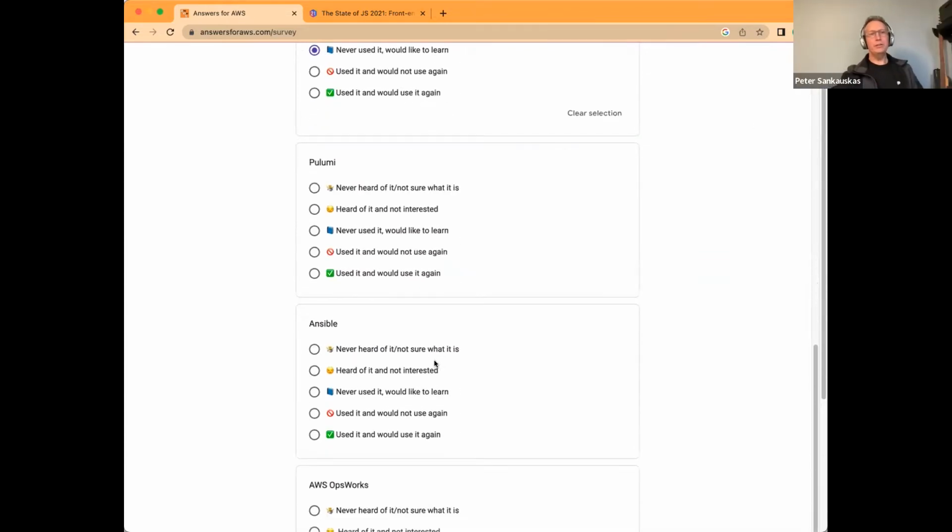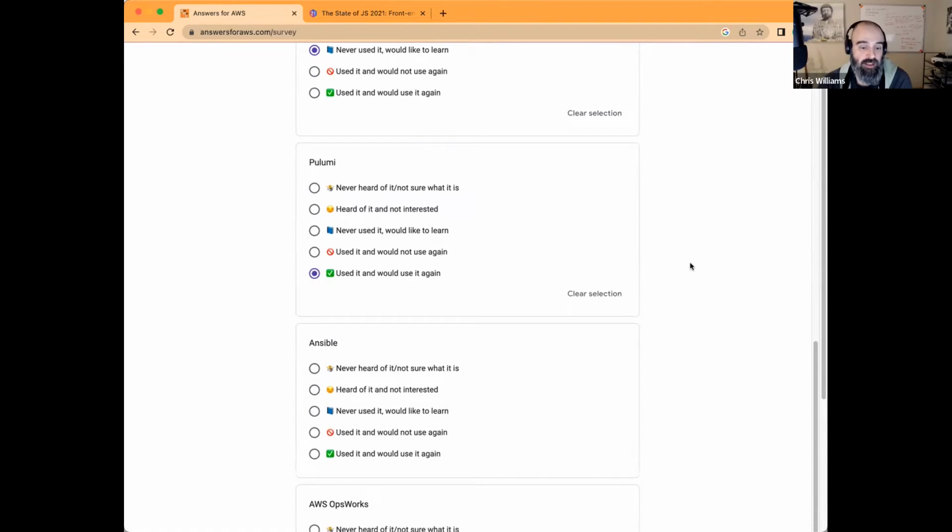Cool. What about Pulumi? Used it and would use it again. I've played with it a little bit, and it's... What do you like about it? I'm a big fan of Python. Calvin Hendricks-Parker has been jamming Python down my throat for 3 years now, and I'm finally... That's not a fair statement. I have also been interested, and so full disclosure, I did not come from development like